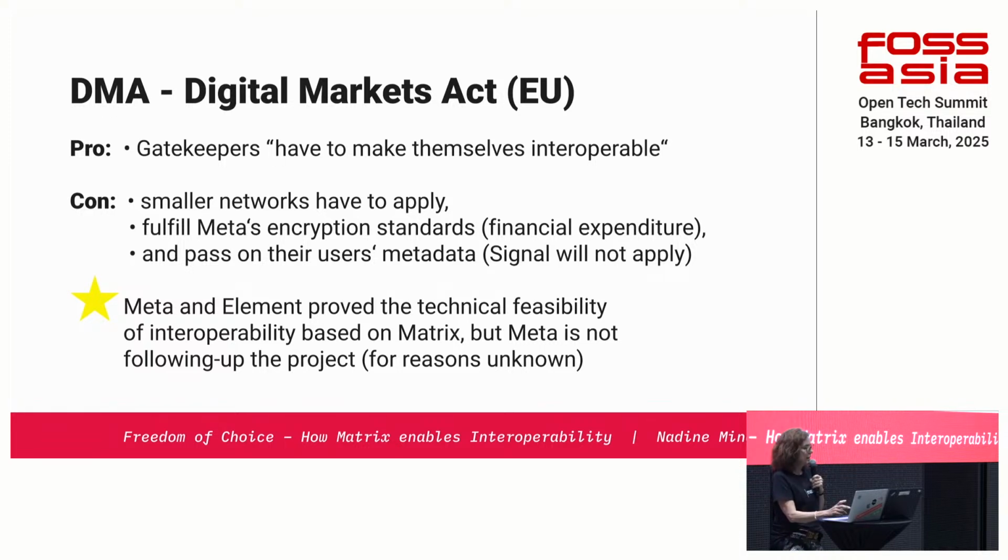requirements. And also one of Meta's requirements is that they still want to have the metadata and the IDs from the users from the other networks. Signal, as an example, has stated publicly that they will not apply for interoperability because arguably people are at Signal because they don't want to send their details to Meta. Fun fact, Meta